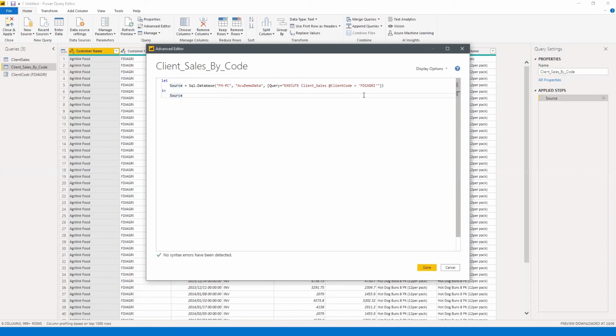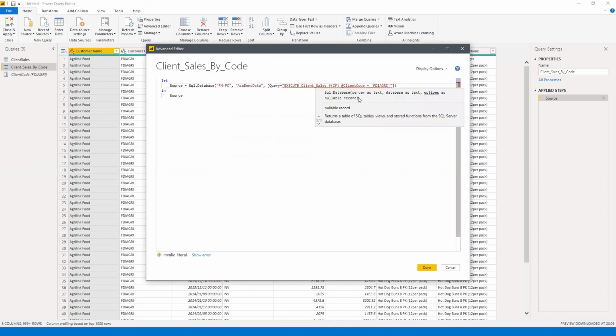But I am concerned more about this part because it's all in single quotes. It means it will always just equal that. But if I want to change it, I'm going to have to write a little bit of code here. The first type of code is I'm going to have to write an if statement. I'm going to tell it, you're going to execute this procedure if this client code, which is the SQL parameter, equals my parameter, or it has a value. So I'm going to go there, and I'm going to write hashtag if,